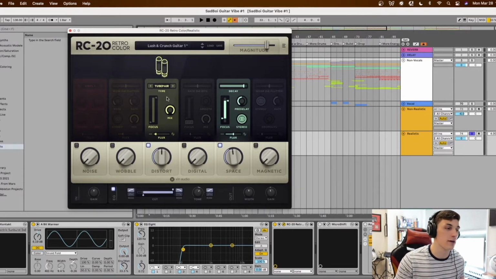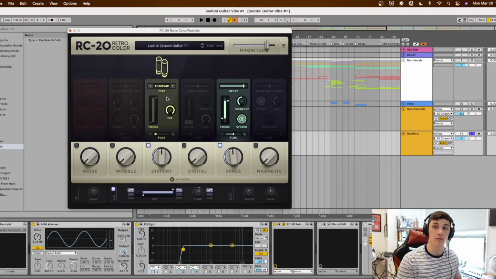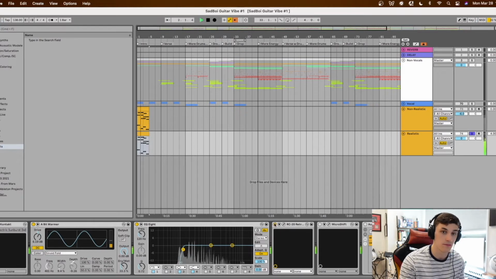Because if you're recording a guitar live, you're not gonna just record it and it's gonna sound dry. There's gonna be reverb from the room you're recording in, reverb from whatever hardware gear you're sending it into. So that's where this space comes in, and the distortion is supposed to mimic that amp and that distortion that gets fed through the hardware as well. So with the RC20 on now, and if we turn it off,